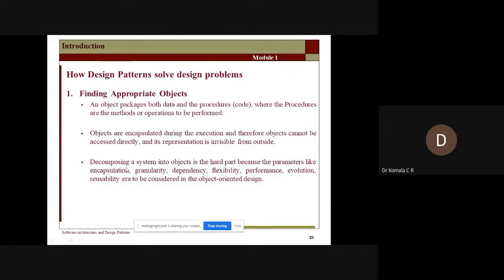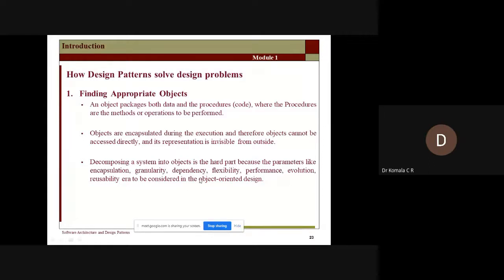Encapsulation means all the requests are encapsulated as an object. How many objects have you encapsulated? Granularity: how many sets of data do you have? How many fine-grained objects do you have? What is fine-grained? More objects with a smaller amount of data. How many objects you have, that detail has to be provided. Based on the requirement, all the clients are not given the information about all the objects. Only the required information has to be provided to the client.